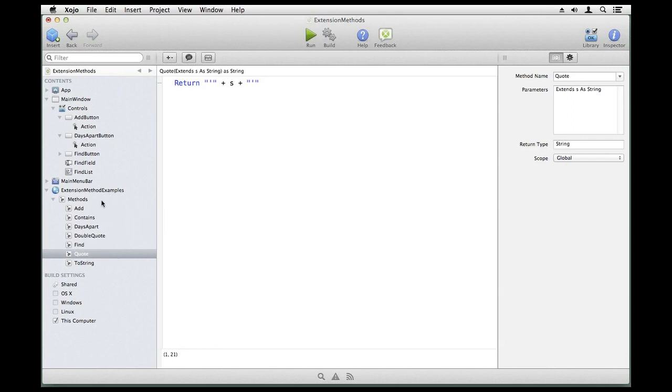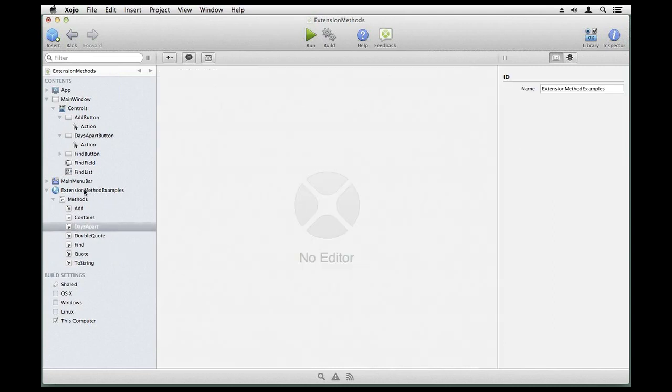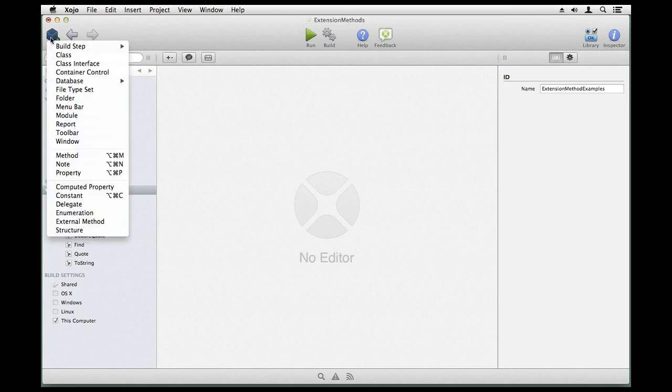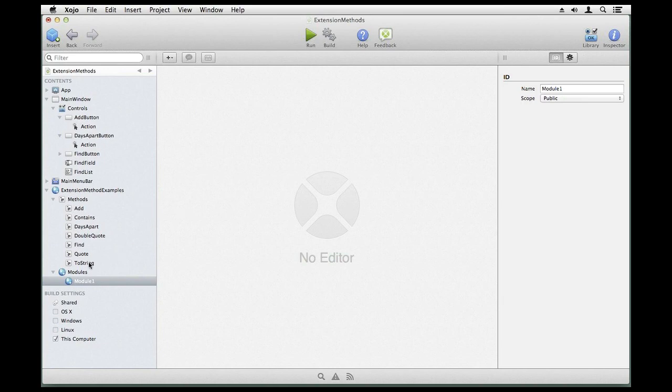Again, I find in many of my projects, I often have many of these extension method modules. One thing that I tend to do when I'm designing them is I create a new module for maybe the class that I am extending with methods. So I might create a module here,